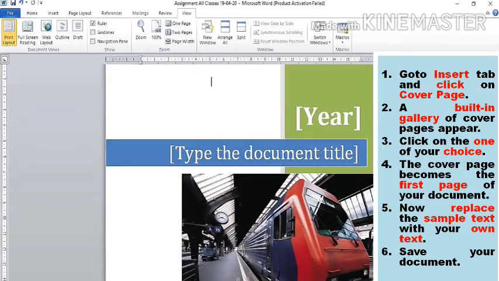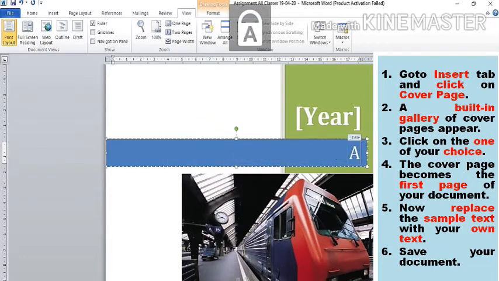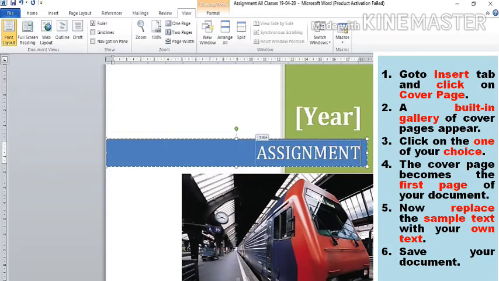Okay. Step 5. Now replace the sample text with your own text. Here it is written, type the document title. Now, here I will click and I will type. Since this document is assignments, I will type here ASSIGNMENTS.